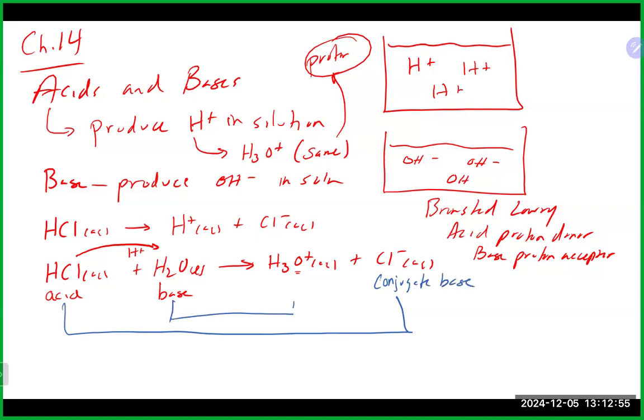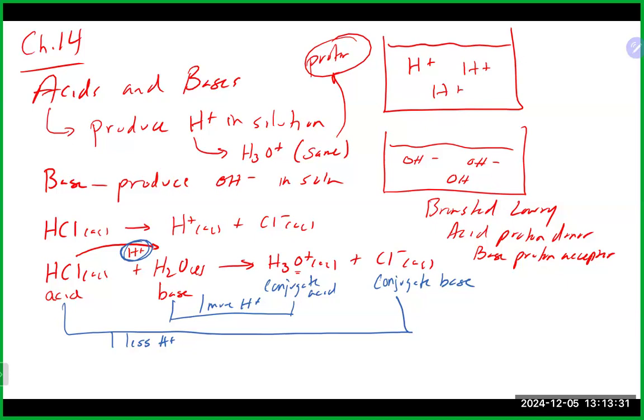And our base on one side will have the conjugate acid as its partner on the other side. Remember, in order for something to be an acid-conjugate base pair, the only difference you should have is one H plus. As we go from our acid to our conjugate base, we have one less H plus because it gave it away. As we go from our base to our conjugate acid, it has one more H plus as it accepts the